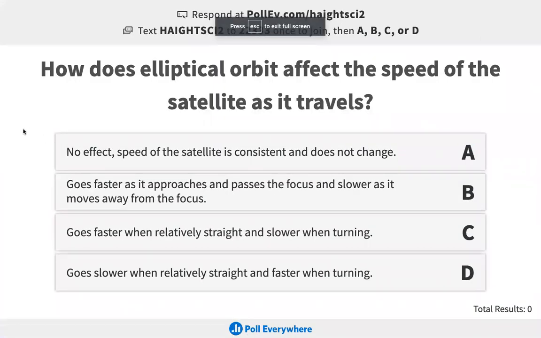Question is, how does an elliptical orbit affect the speed of a satellite as it travels? Option A is there's no effect: the speed of the satellite is consistent and does not change throughout the elliptical orbit. Option B, it goes faster as it approaches and passes the focus. So it's faster when it's closest to the body that it's rotating around, and slower as it moves away from